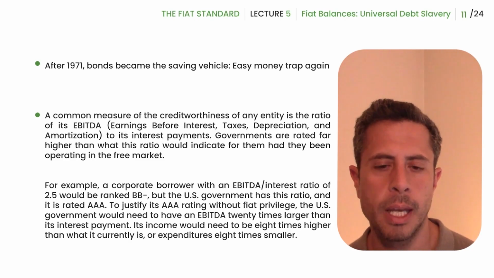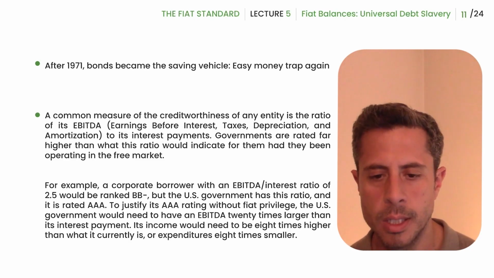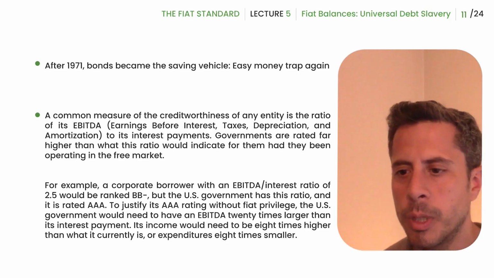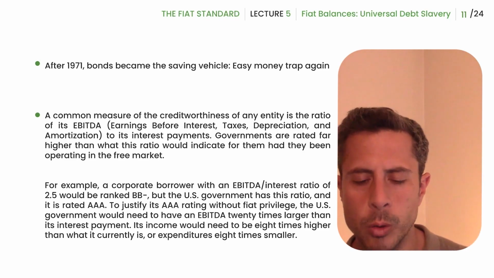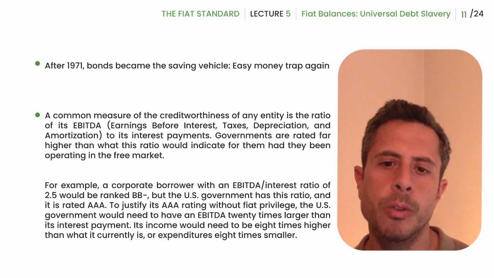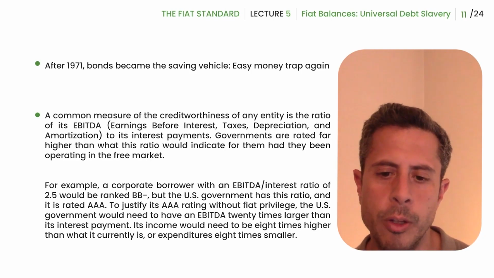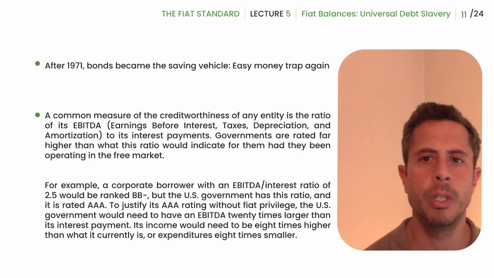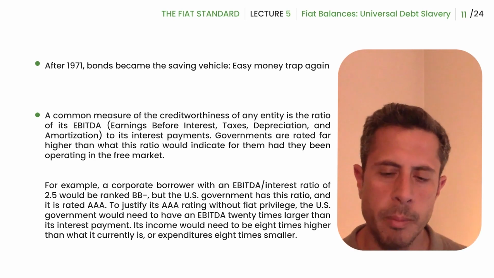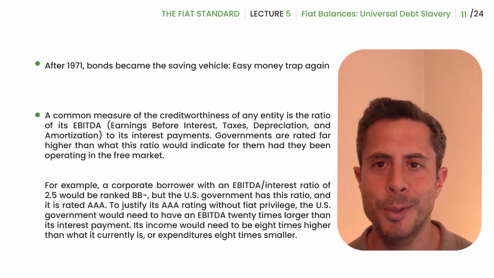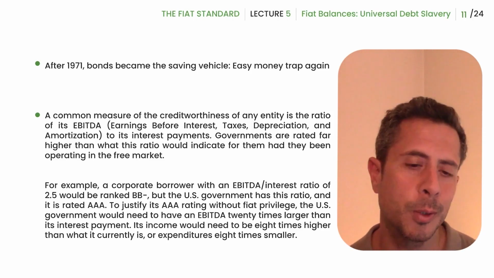And so the way to meet that was to get into bonds. So in the 1970s, we go into the bond market. The bond market becomes the saving account. So we go from gold coin to interest-bearing saving account to bond market. Just lend your money to the government and then the government will pay you enough. And don't worry, the government will always be able to pay you because they can always print money. So don't worry about it. You're getting paid in freshly printed money. What could go wrong?